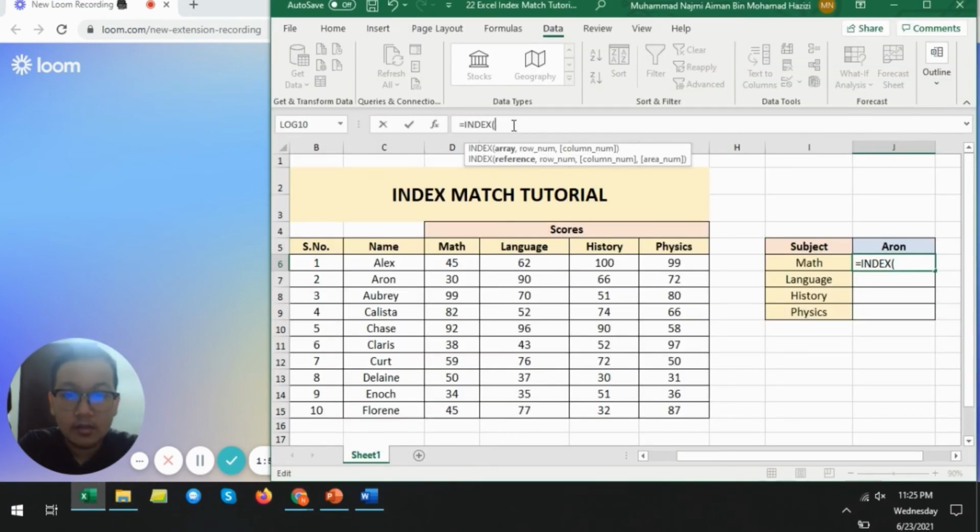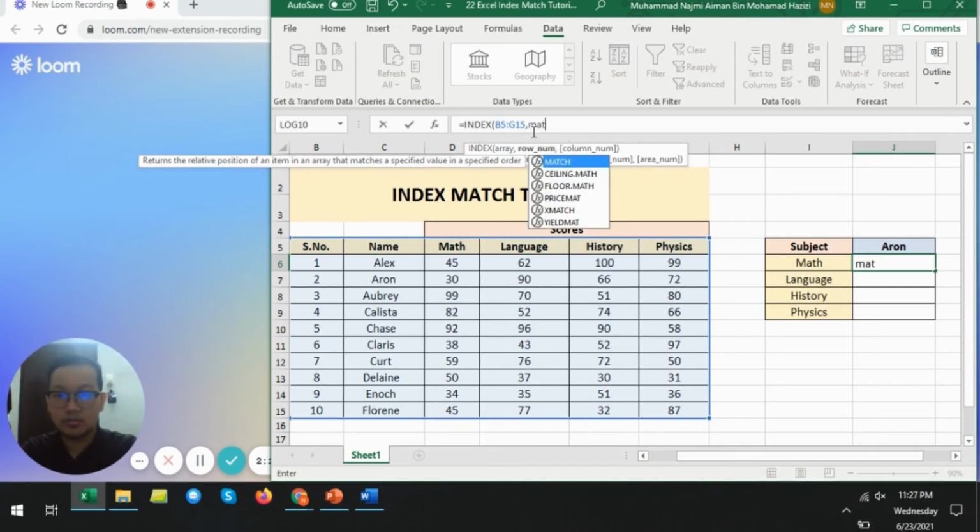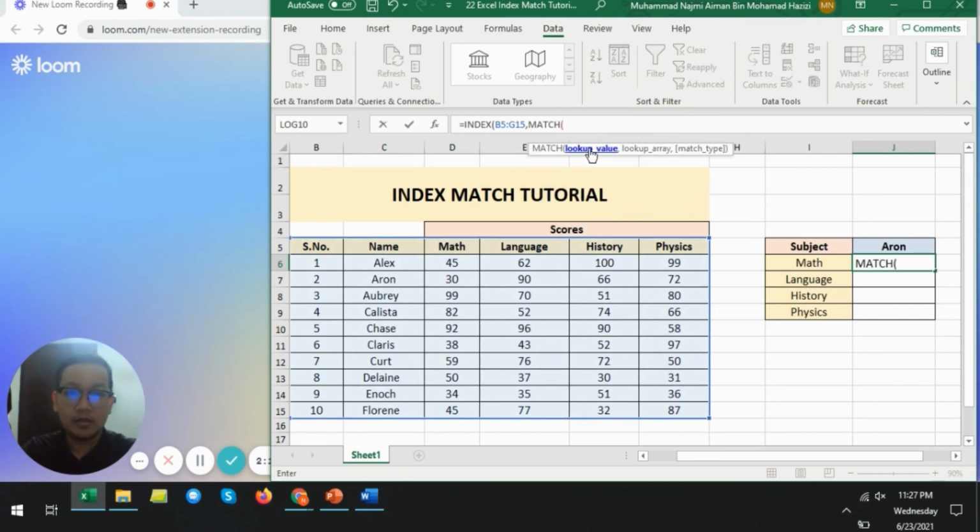Okay, INDEX. Next, the array: we want all the information from B5 to G15, comma. For the row number, we type MATCH. So double click also. And then the lookup value, the lookup value is J5,